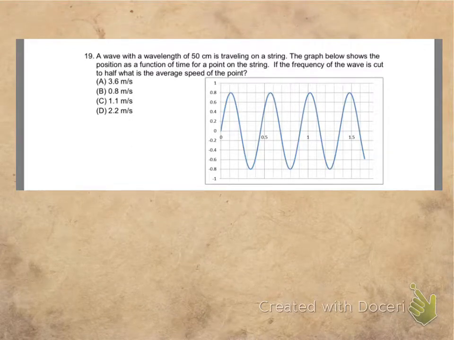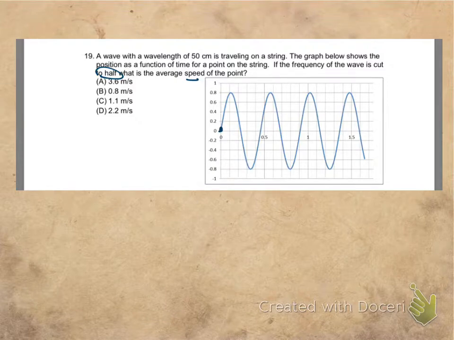Number 19. A wave with a wavelength of 50 centimeters is traveling on a string. The graph below shows position as a function of time for a point on the string. If the frequency of the wave is cut to half, what's the average speed of the point? All right, so we can look at this and say, okay, so the wave is starting here, and it's traveling